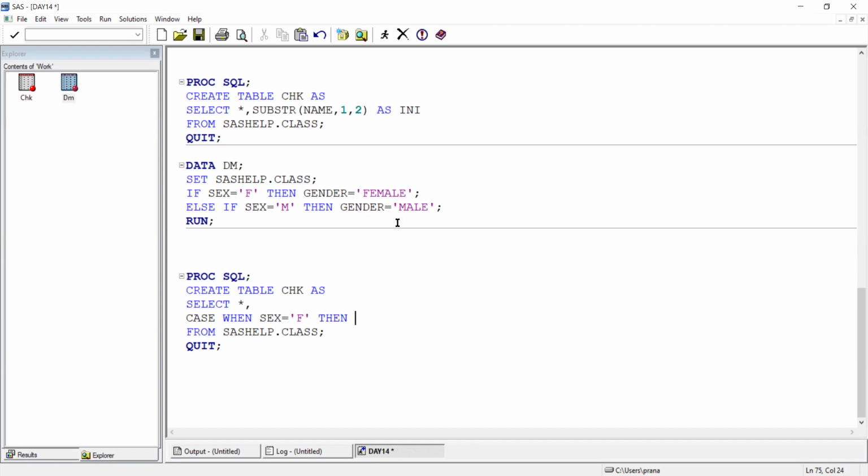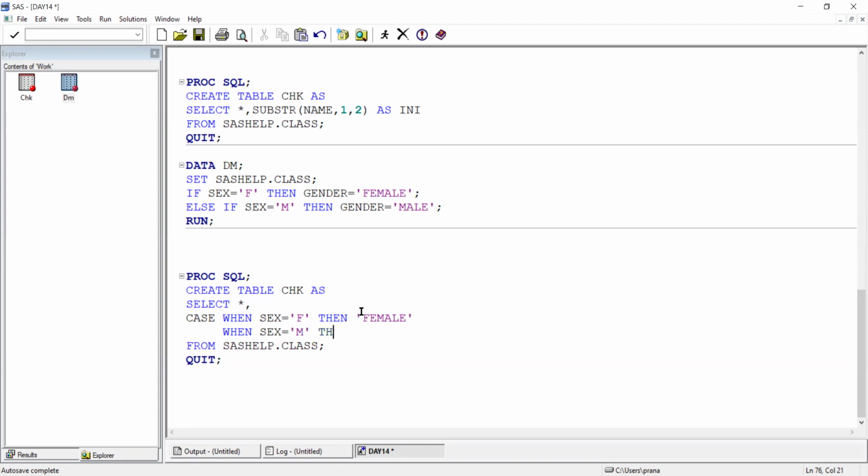Here you can see we are giving the variable name, but we should not give the variable name directly; we have to give the value, female. For the other statements, the case is not required. We can directly give the when statement, when x equal to